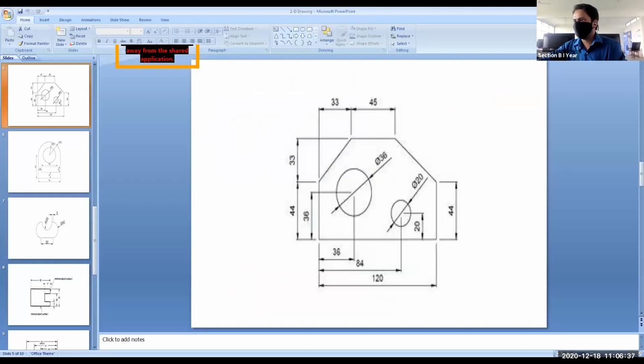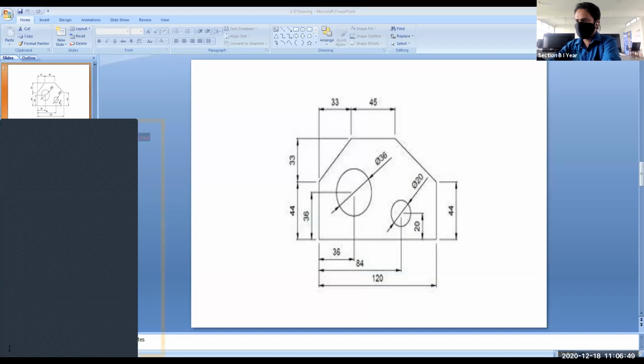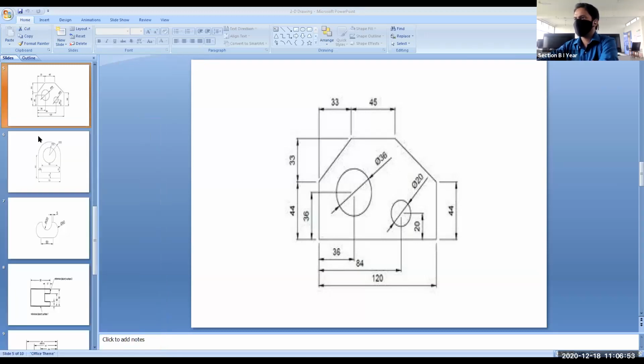So I have already opened the AutoCAD software, and what I will do, I will take the snapshot of this figure so that I will keep it in your AutoCAD. So I need not switch between different windows for looking at the dimensions. So I will use the snipping tool, and I will take the snapshot of this.